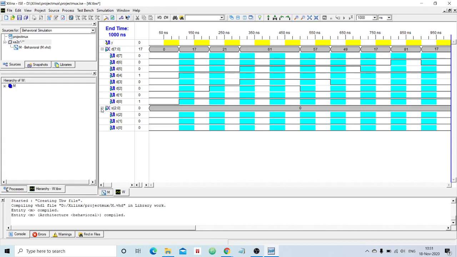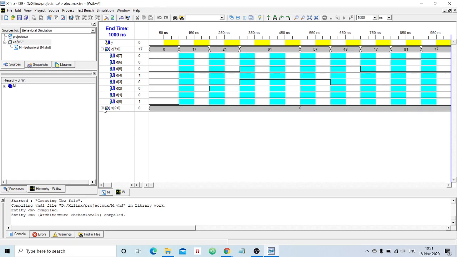Again, if you click on this plus, it will show each individual selection line. Data you can provide randomly, but the selection line value is better provided in a sequential manner. That is not a rule, but if you provide the selection line value in a sequence like 0, 1, 2, 3, then it will be useful for verification.